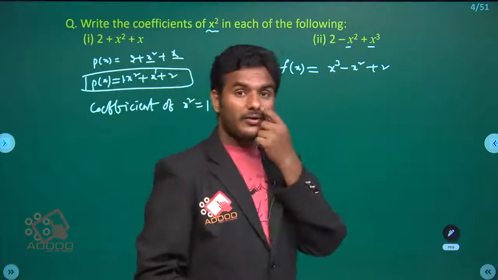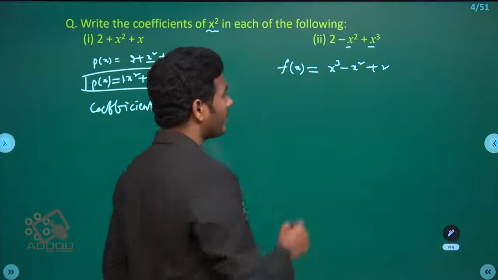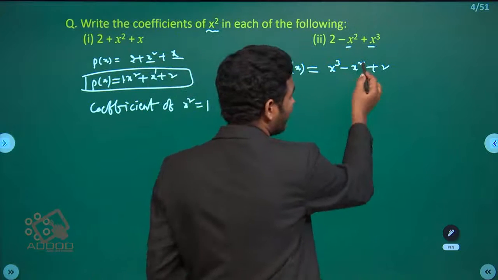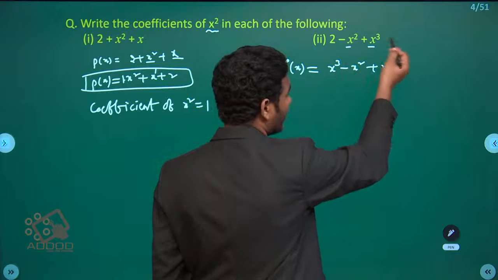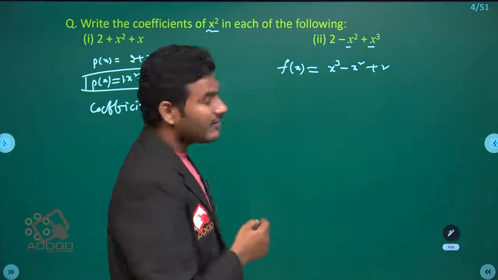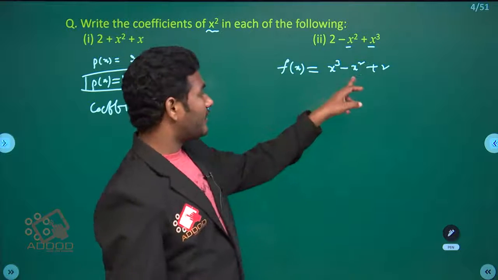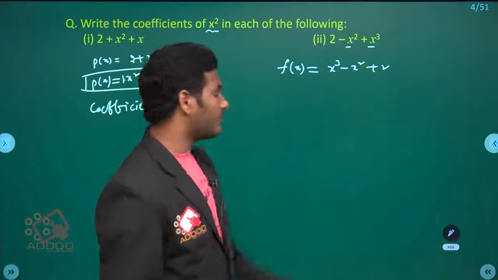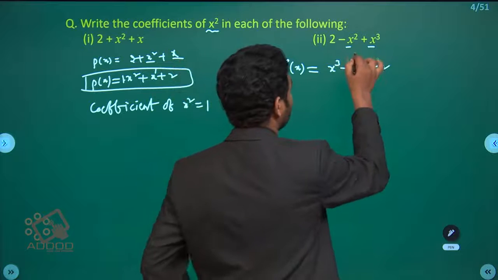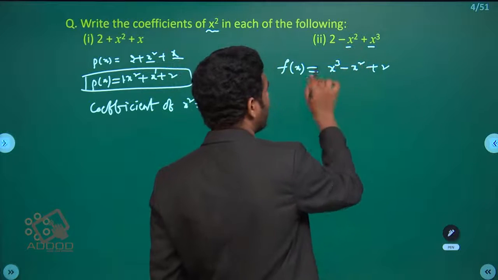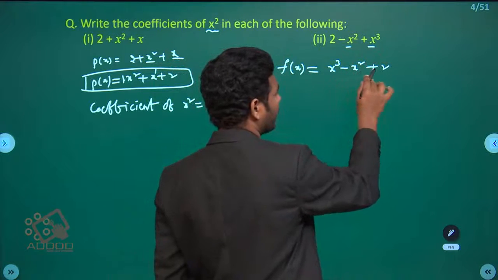Actually, while we are doing the actual division method also, what we have to do here: x cube is there, minus x square is there, next to the x term should be there. If there is no x term, you can write it like 0x. X cube minus x square plus 0x plus 2. Like that also you can write. But simply the given polynomial expression is this one. So here f of x is equal to x cube minus x square plus 2.